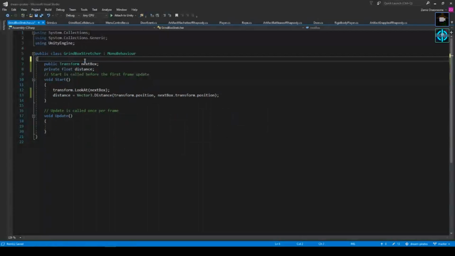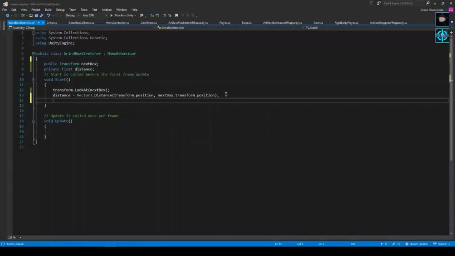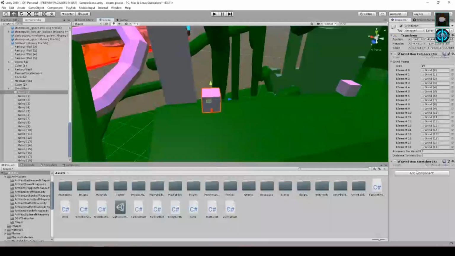on the next line of code after that, let's just try scaling the current transform. So transform.localScale to be 1, 1, and then let's just try the distance. It might be distance divided by 2, but we'll try it for now. Okay, and then slap that on a cube. See what happens. But first, you need to put the next cube in the script, right? So actually, before that, let's create